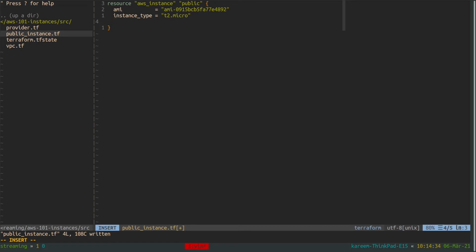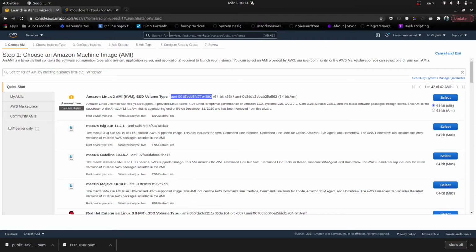and I need to define the subnet ID, which I'm gonna put inside the public subnet. Also I will need to define the key name that we should use to be able to SSH to this instance. So I need first to create this key pair.